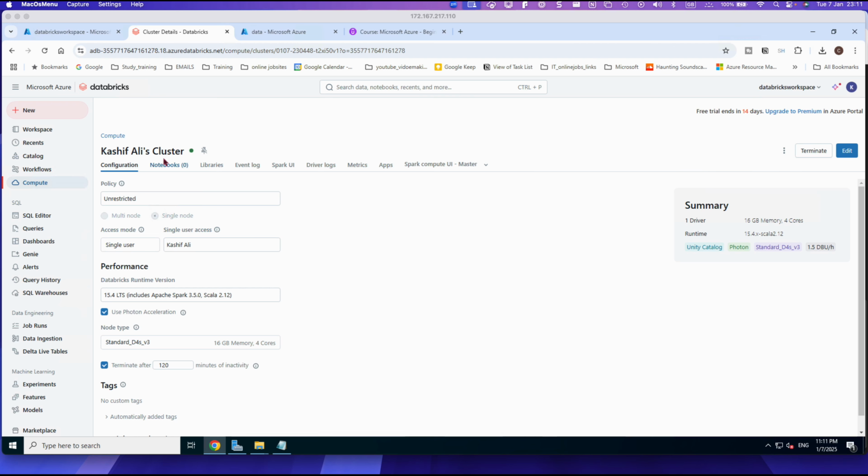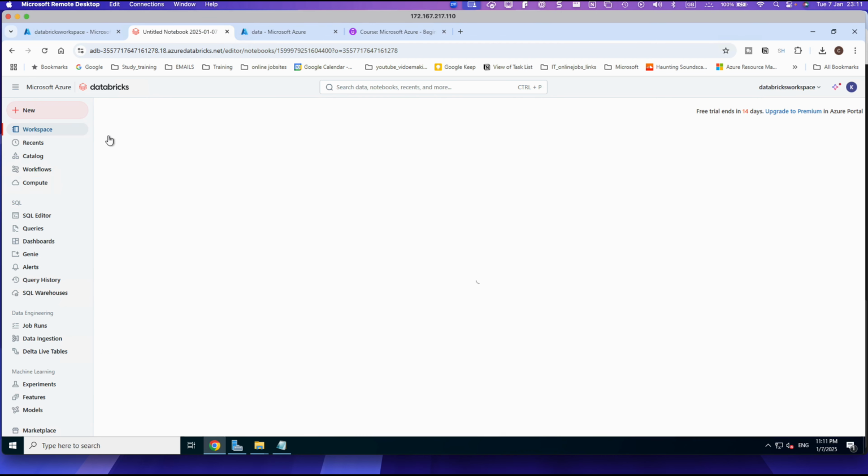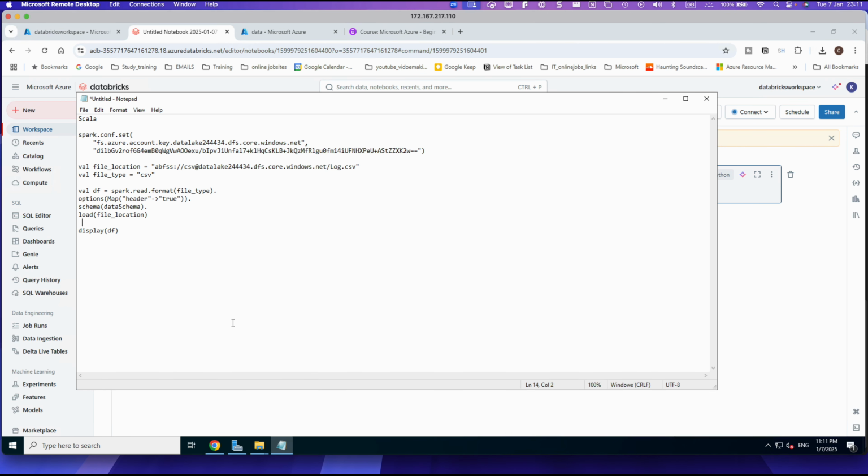Right, now our cluster is up and running. You can see that green is running. So now we need to create a notebook, so that notebook will get this CSV file and process the data. So let's create a notebook, and I've got a code here. This code will create a DF, which is a data frame, and it will use a Spark engine, and it will process this CSV file which we have got in